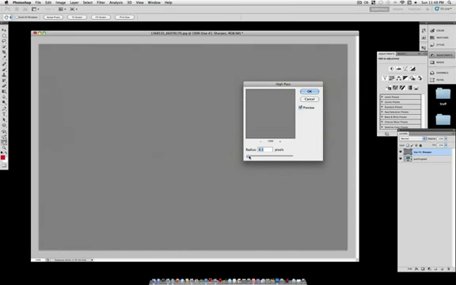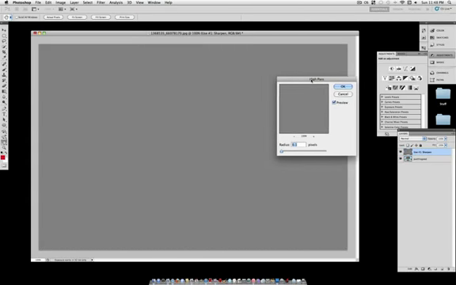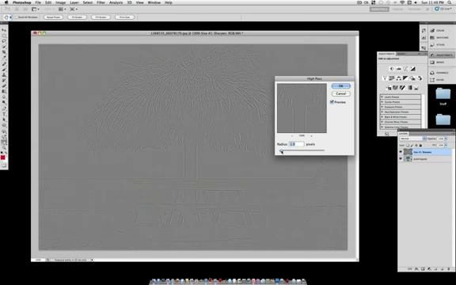Now you notice the lower we go, it's just gray. This specific gray is exactly in between white and black. It's a perfect gray, and when you set this on overlay or soft light, it doesn't do anything to the layers below. So as you can see, when we go up a little bit to 1 pixel, you get these